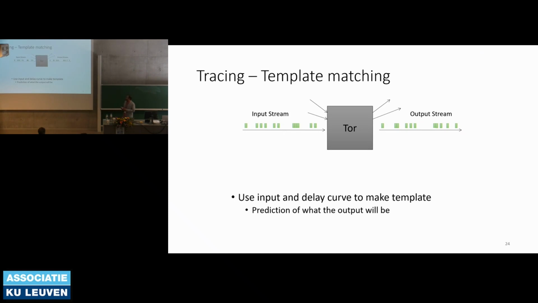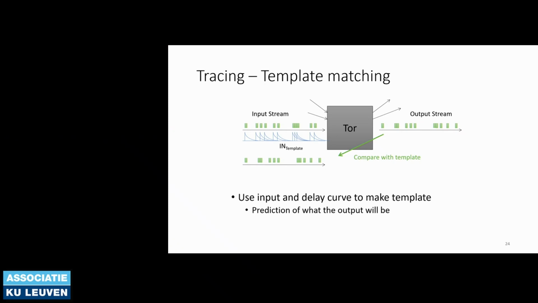Now I am back to talking about tracing in Tor. Suppose you can just observe the input stream and output stream from Tor, from the sender and the receiver. You don't even need to compromise the guard node and exit node. If you ignore the network jitters, then you can compare these templates. And if the templates match, you can say with high probability that these users are talking to each other. That means you can de-anonymize Tor just by looking at the traffic pattern.